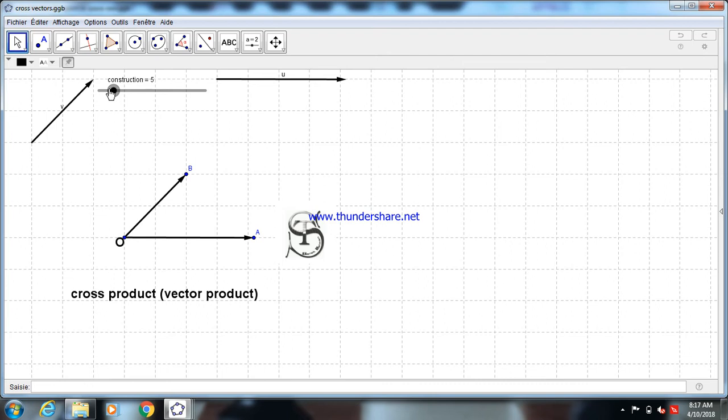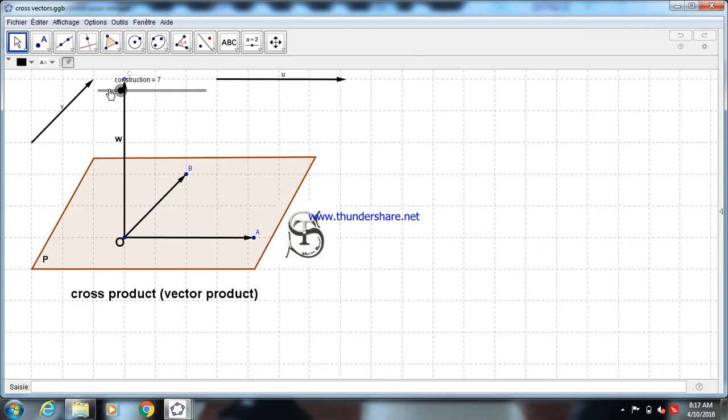Okay, the two vectors OA and OB go from the same point, so they form one plane because lines OA and OB are intersecting, so they form a unique plane. Now we have this plane. The cross product of these two vectors is a vector perpendicular to this plane, and the direction, the sense of the vector W is such that the basis OA, OB, and OC is a direct basis, and